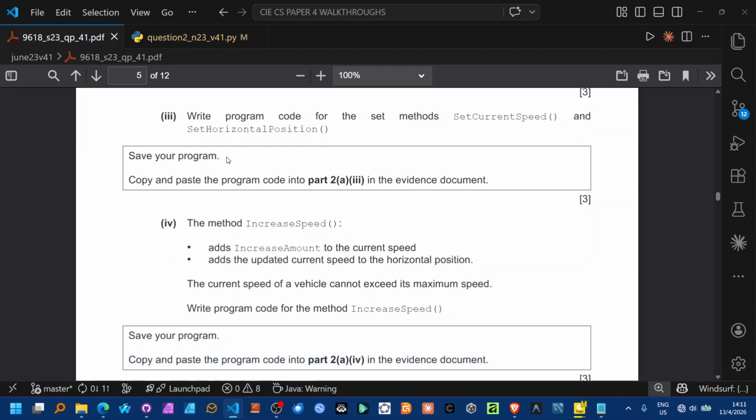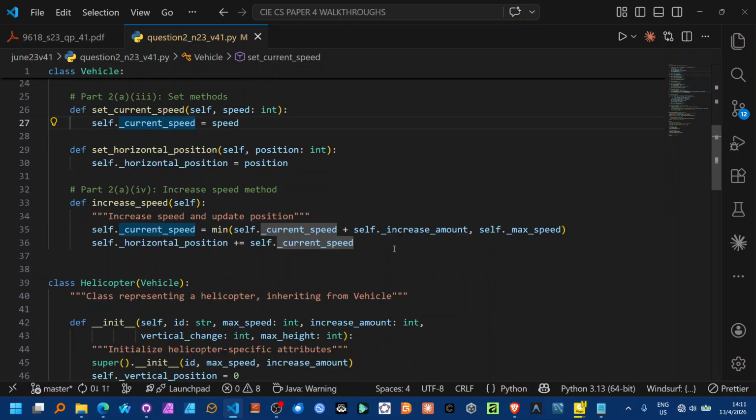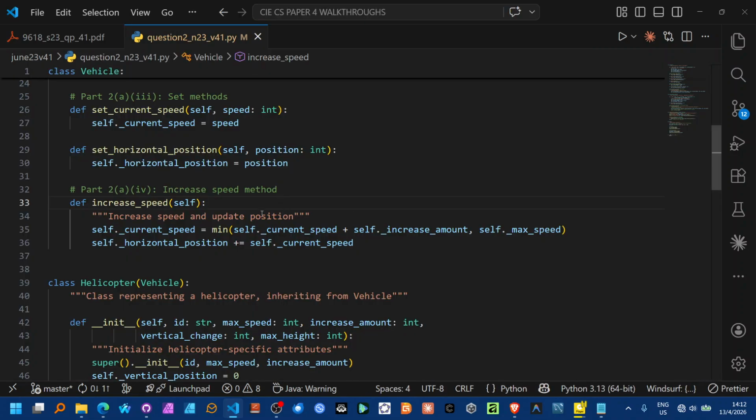Then we have to write program code for the increase speed function, so let's go ahead and look at that. Here we are just describing what the function does, and you can see the function definition there on line 33. Then on line 35 we are implementing this logic right here. We are saying that we should add the increase amount to the current speed. So we are taking the current speed plus the increase amount,